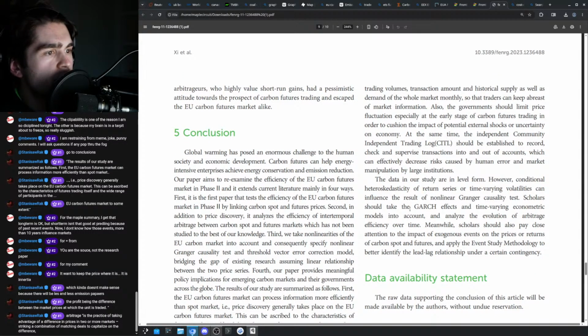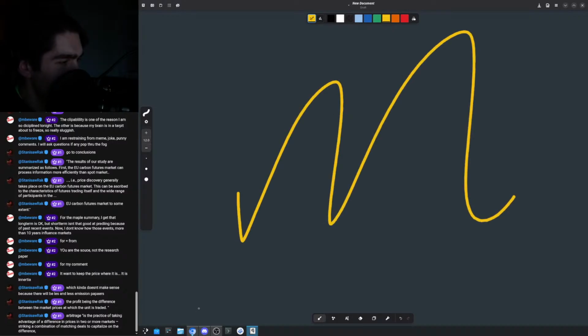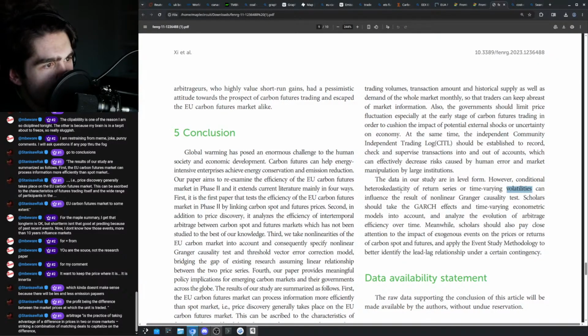The data in our studies are in level form. However, conditional heteroscedasticity of return series or time varying volatility, oh, that's the word I was searching for, volatility, when something does this, okay? Anyway, it can influence the result of nonlinear Granger causality test. Scholars should take the GARCH effect and time varying econometric model into account and analyze the evolution of